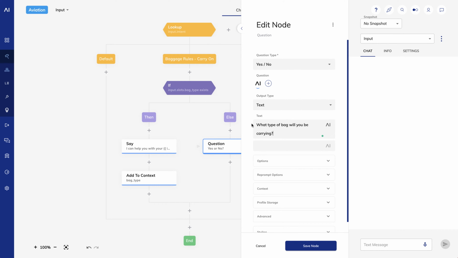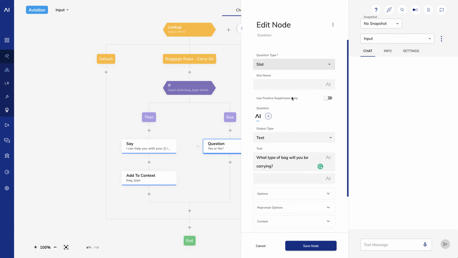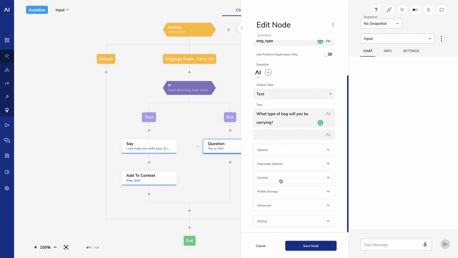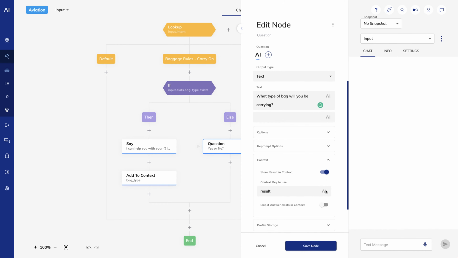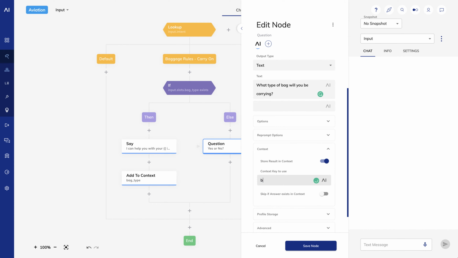I'll make it a slot question, specify bag type as the key, and I'll store the answer in the context. Let's keep using bag type as our key.